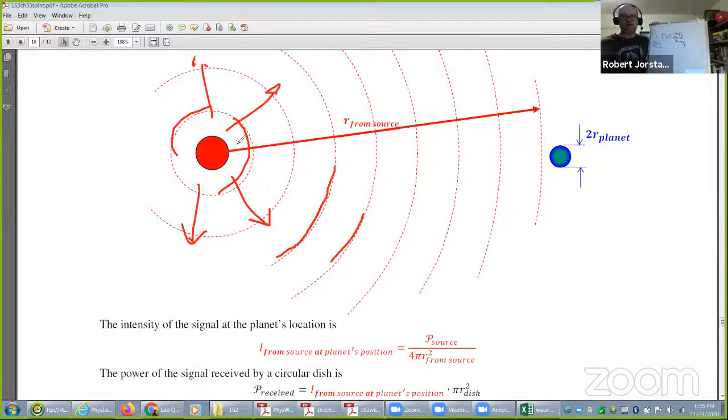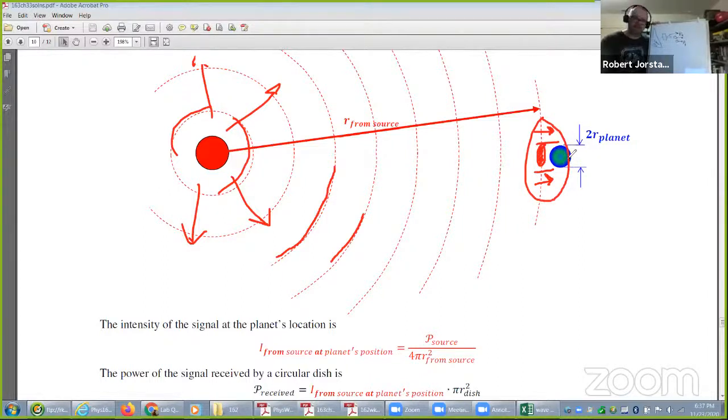Now, by the time light from a distant star hits our planet, I just want to point out it's effectively hitting a circular cross-section, even though it was spreading out spherically, because over this distance, all that light is essentially traveling the same direction. So when all the light waves are traveling the same direction, once they get close to here, we call it